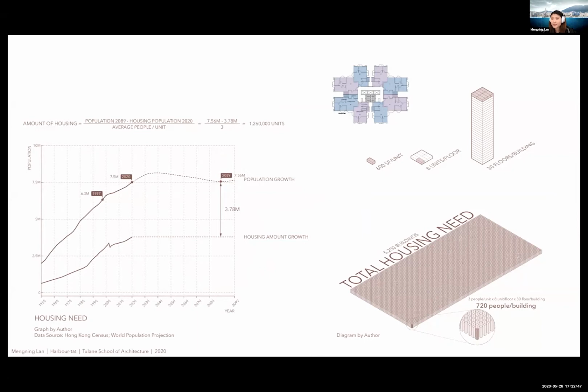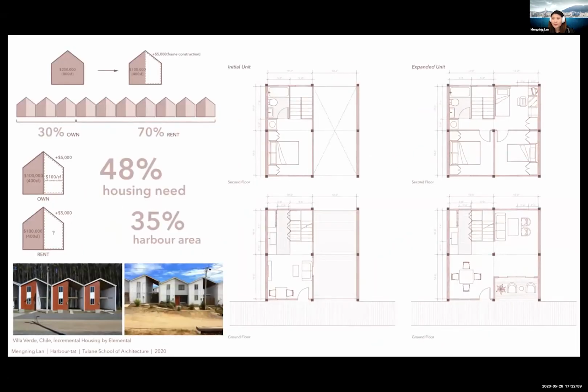The government is planning on a reclamation project. It will cost $64 billion US, and yet will only meet 30% of the gap and will cause permanent damage to the harbor. To rethink the size and the cost of living, I looked at Alejandro Aravena's affordable housing project